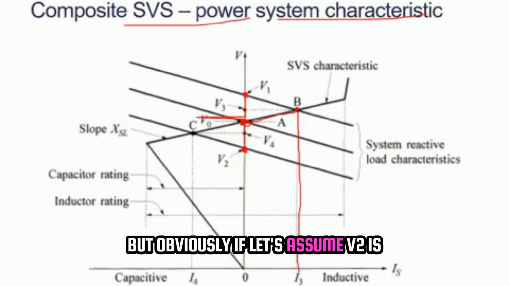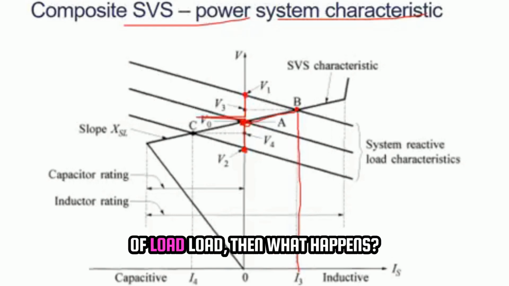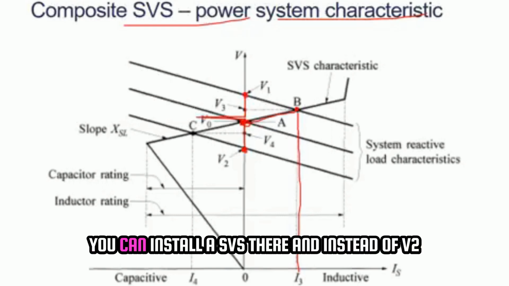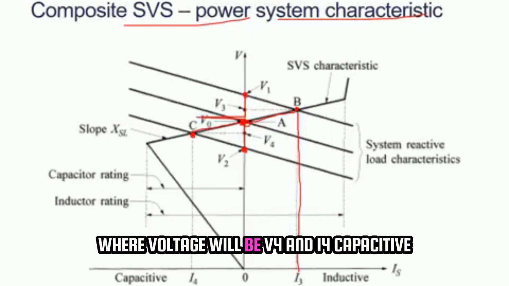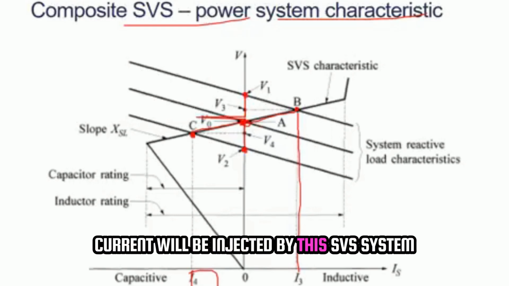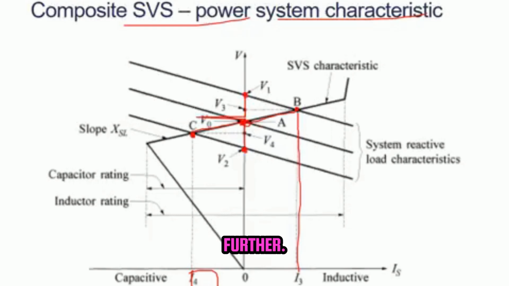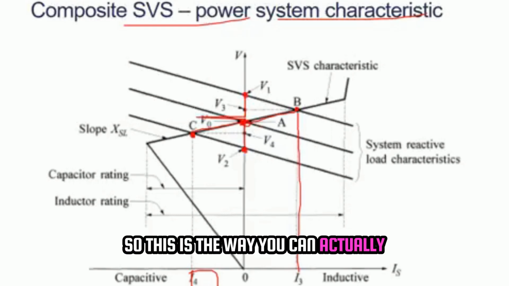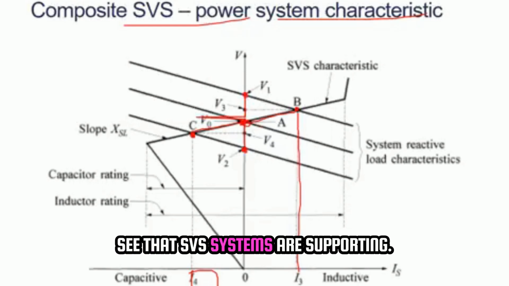But obviously, let's assume V2 is the load, which is a very high value of load. Then what happens is you can install an SVS there, and instead of V2, the voltage will actually go to this C point where the voltage will be V4, and I4 capacitive current will be injected by this SVS system to ensure that the voltage does not drop further. So this is the way you can actually